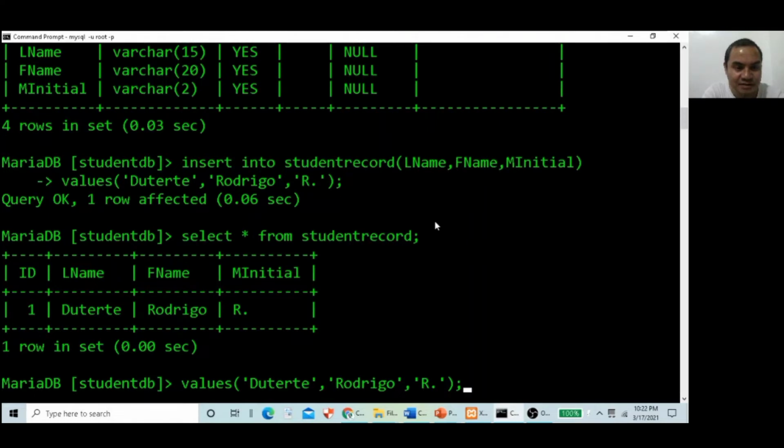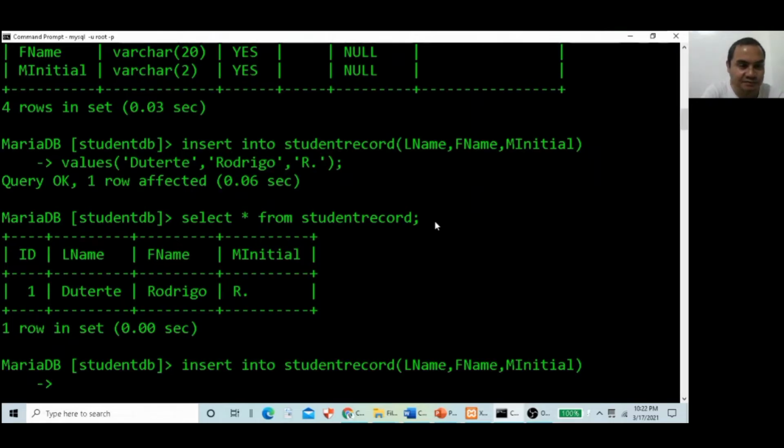Okay, so insert into student record. I'm going to use my previous command and press enter, and I'm going to input values again, the values,